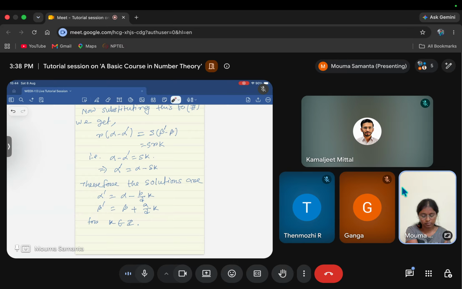So for any value of k we will have this kind of solutions alpha prime and beta prime which are different from the given expression d equals a alpha plus b beta. So therefore we can conclude